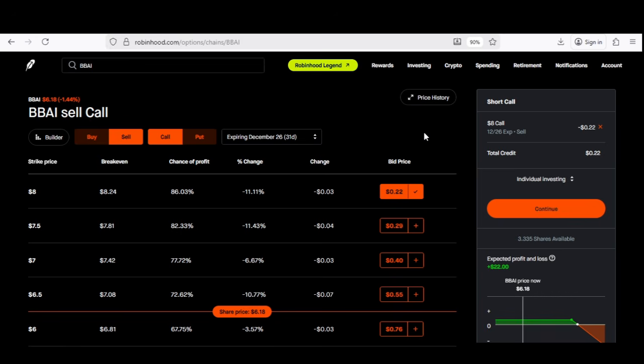Like I said at the start of the video, the wheel option strategy is one of the easiest option strategies, especially if you are a beginner or you have no knowledge about options. So for those of you that made it to the end of the video, let me know down in the comments below: is this option strategy as easy as I make it out to be? Also, if you are using any variation of the wheel option strategy, let me know down in the comments below.